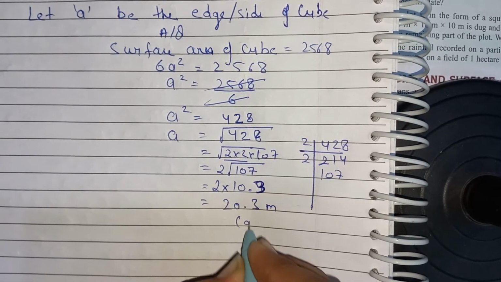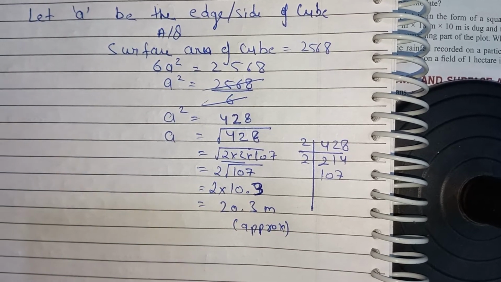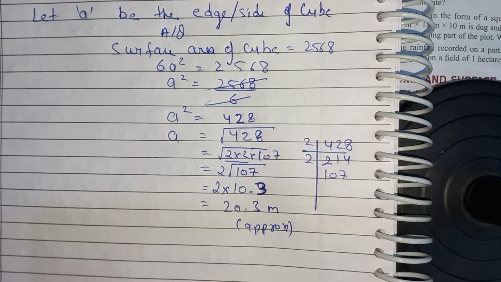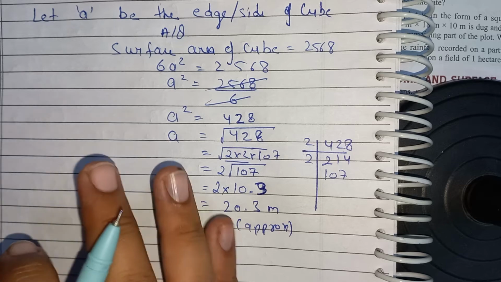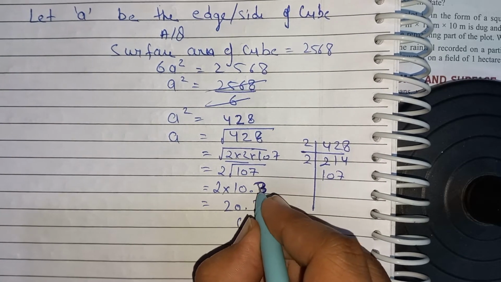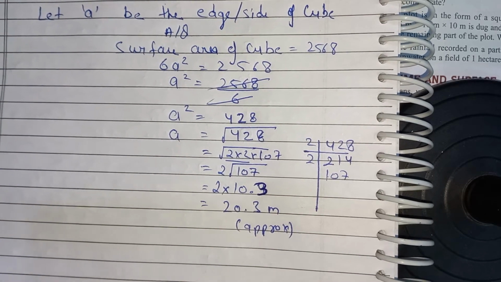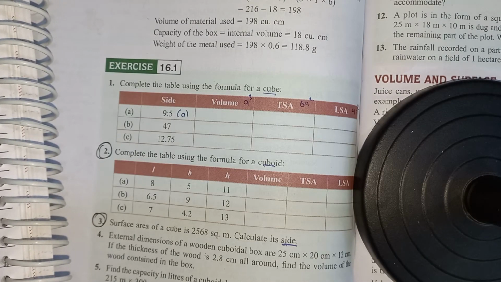meters approx. If you know the method which I already told you in the starting chapters, cube and cube root, square and square roots, then you can use that method to find the accurate answer. If you don't know, then apply the simple trick and get the answer. Okay, so question number 3 is completed. Now move toward the next question.